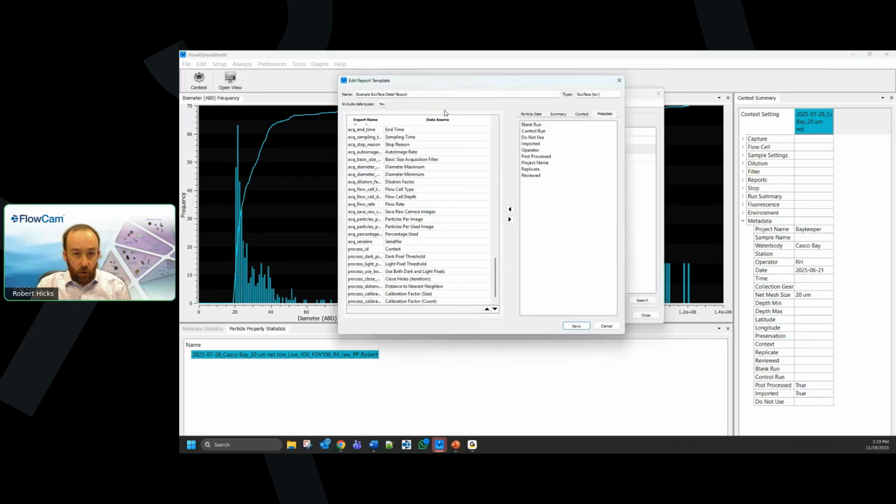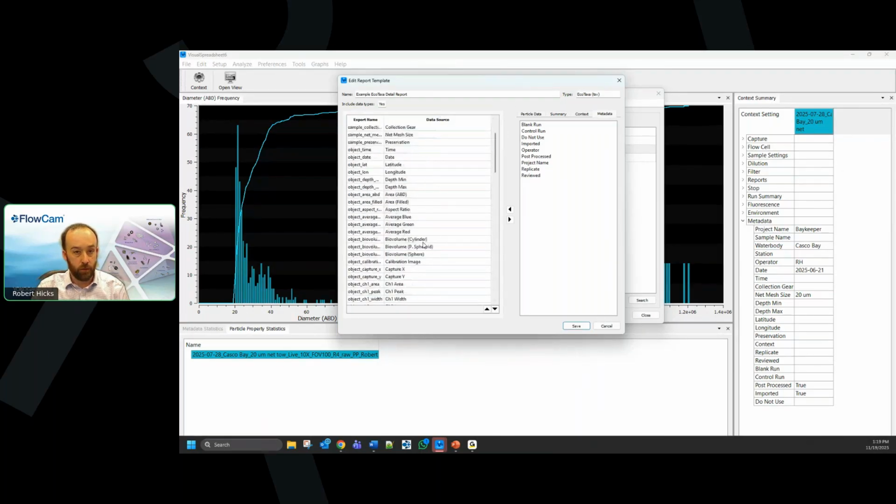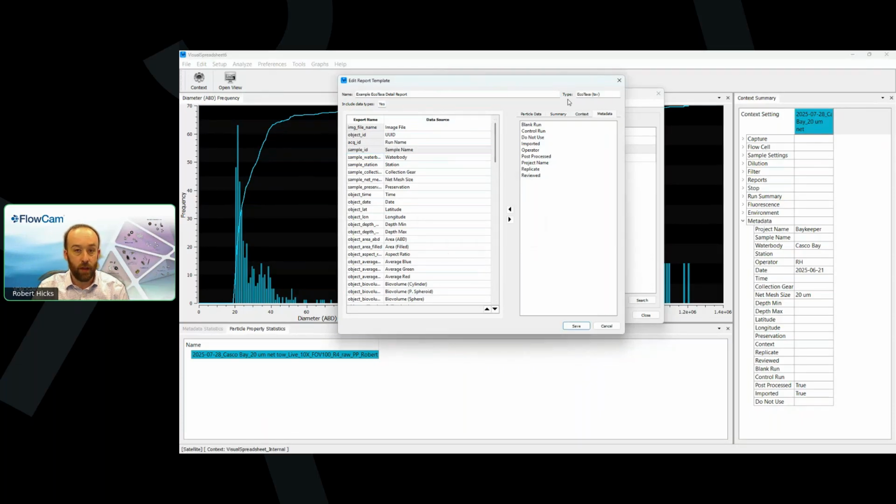The data types are always going to need to be included, and currently we only have this EcoTaxa TSV as an option for a report template, but the hope is to, in the future, have different options for different report types. Once I have customized this, I can save it,